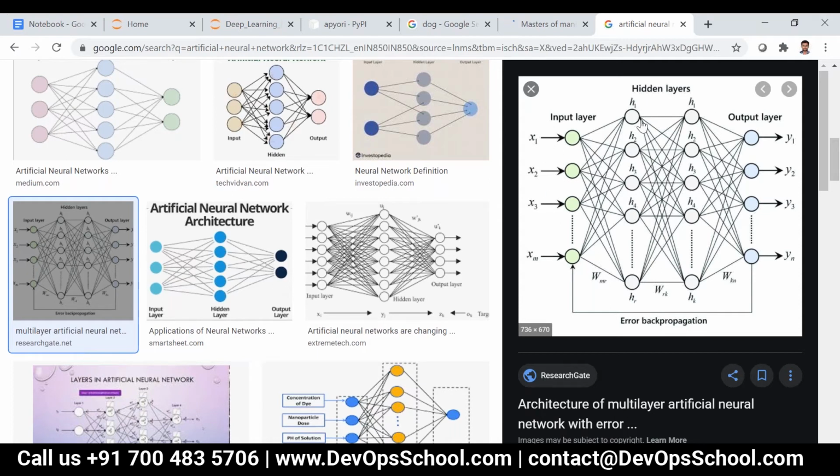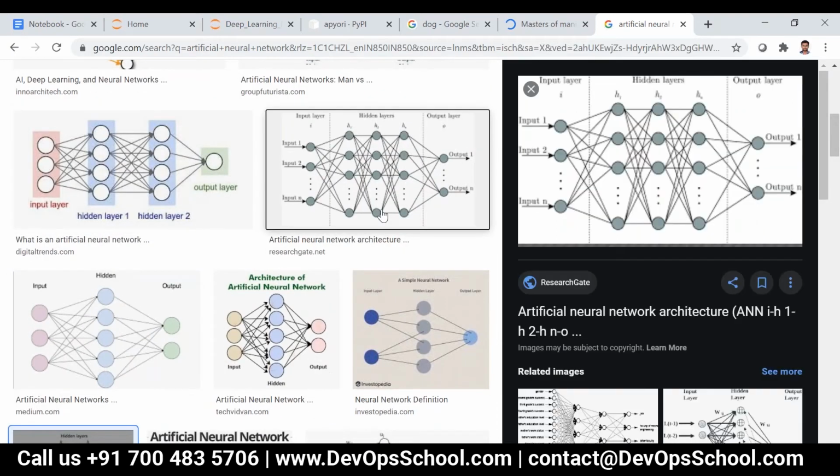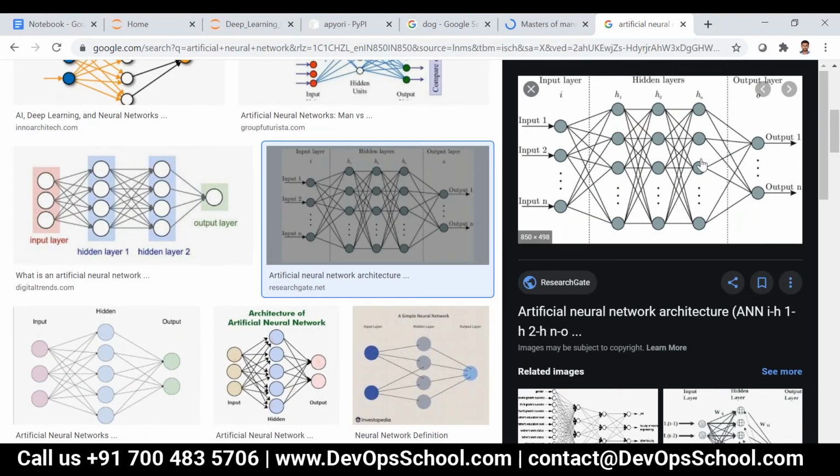Here you can see there are 2 hidden layers, and in some images there are 3 hidden layers. You can have any number of hidden layers, there is no limit. You can also carry out any number of iterations, and there is no limit on that either.